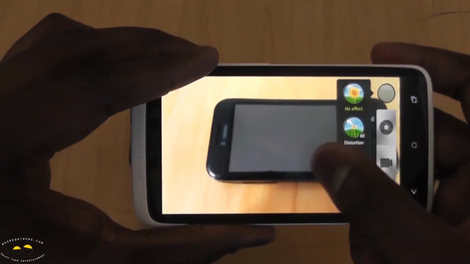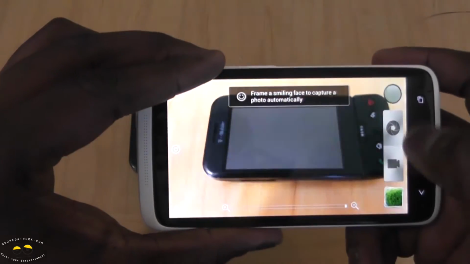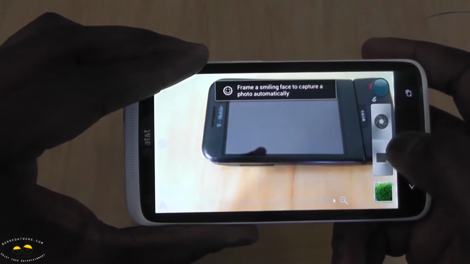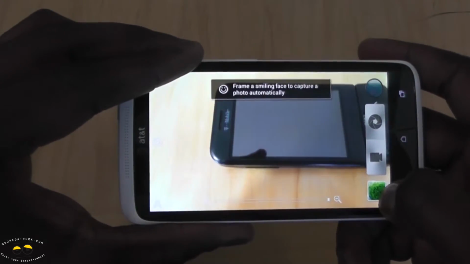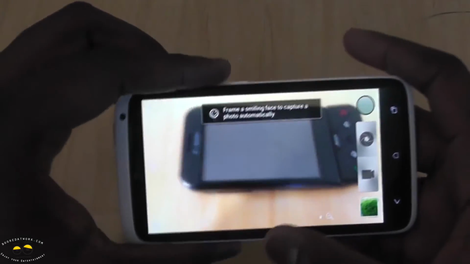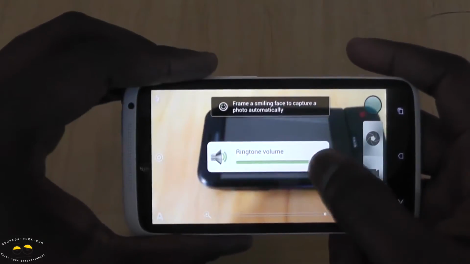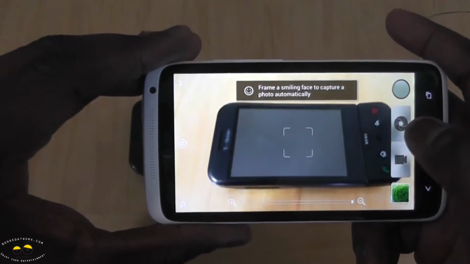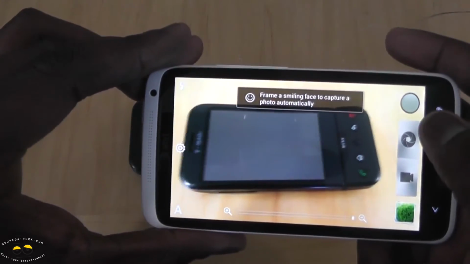A cool feature is that you do now have a camera and record button at the same time, so you don't have to switch. So you can hit record or hit the camera, and of course that's your view option, and this is your zoom bar here. Or of course you could use your zoom bar on screen. Now the cool thing about the camera, of course, is the multiple